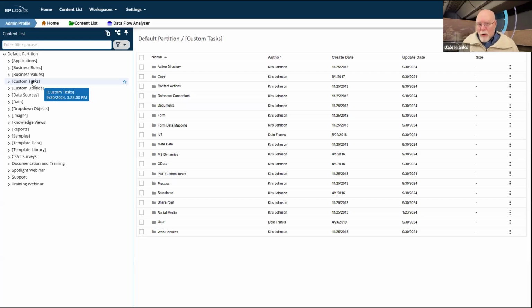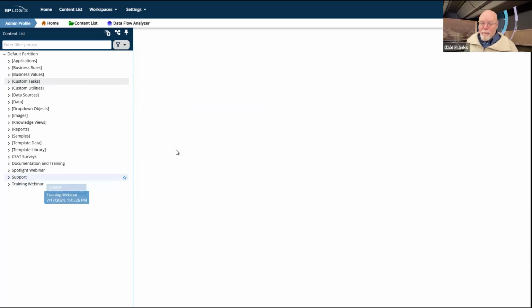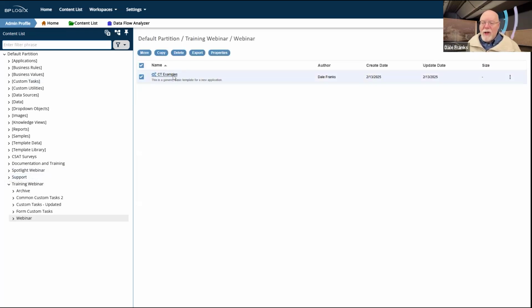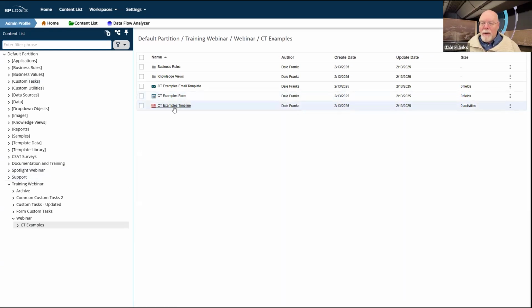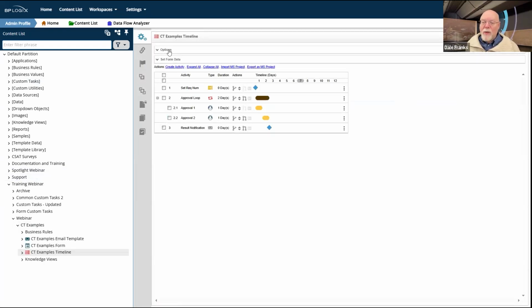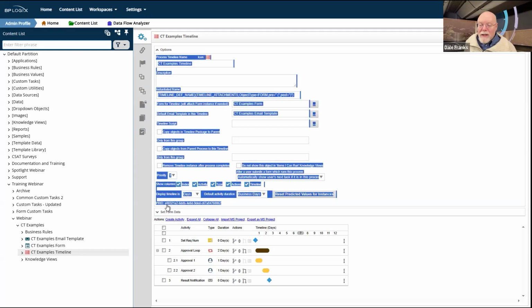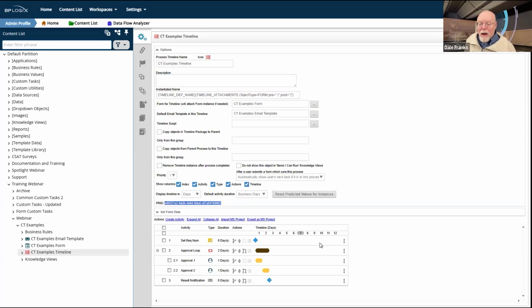Every object in Process Director has a unique ID number for that object, and that is a GUID that is assigned by the database that stores all of the Process Director data. Some of the objects, you can actually see what that GUID is. If we were just to open up any generic form, for example, or I guess a timeline, it doesn't really matter. If we go into the options section, you're always going to see a GUID like this.